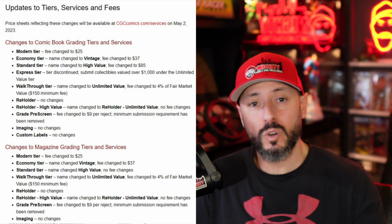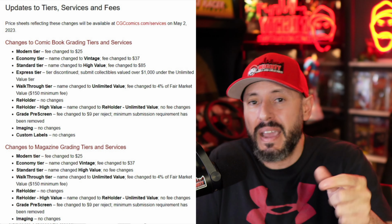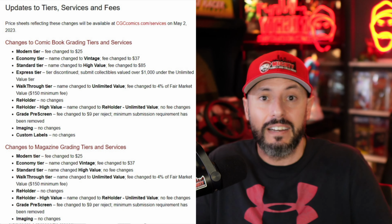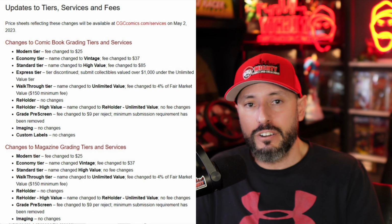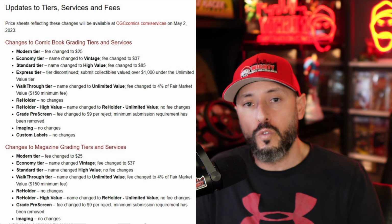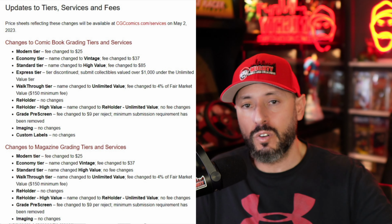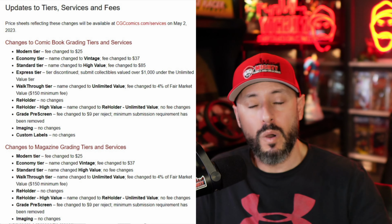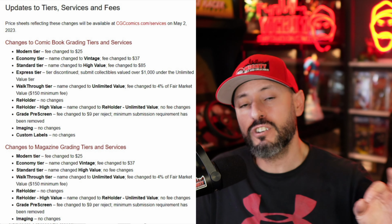Fine. But if you still want to do it, hey, I'm on board. You could send your books into CGC under $1,000 and pay $85 each book. Great. Awesome. Here's where I have the biggest issue. The Express tier has now been eliminated. This is books over $1,000 to $3,000. That is now gone. It was at one point increased to $130, and now it's going up to $150 minimum